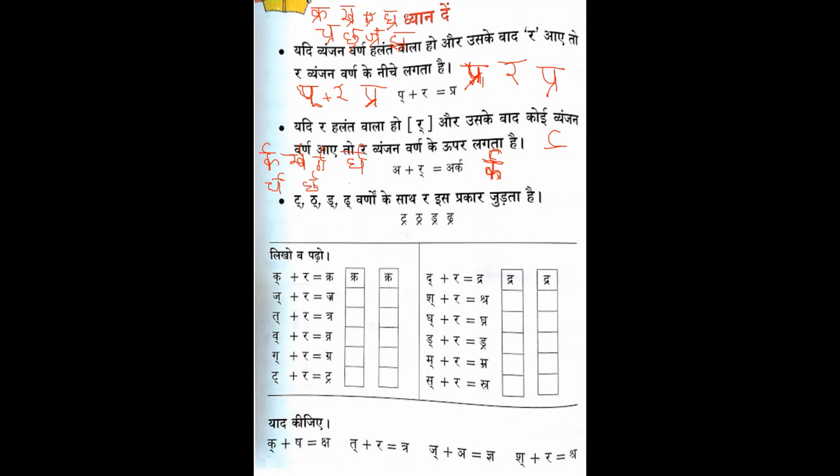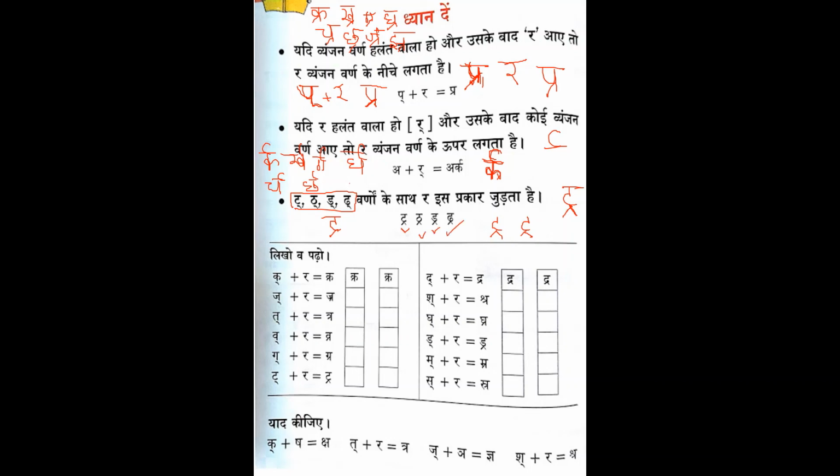For ta and da, there is no standing line, so we would get confused with the halant. This is your halant. For ta, ta, da, da alone, this is your tra, tra, dra, dra. First the ta sound, then the ra sound. Tra, tra, dra, dra. I hope you understood.